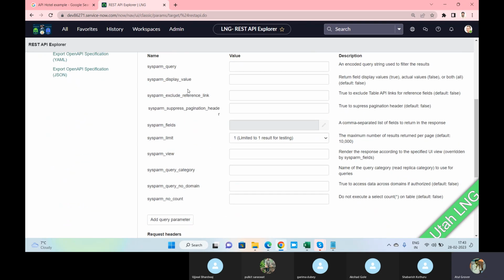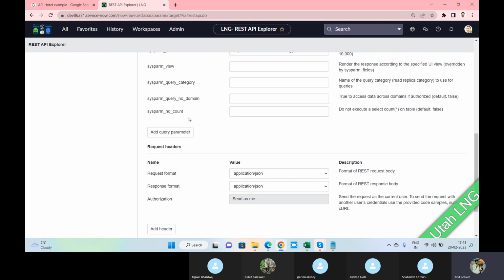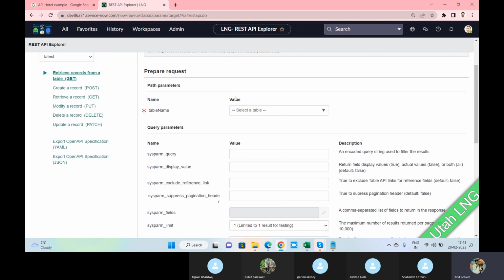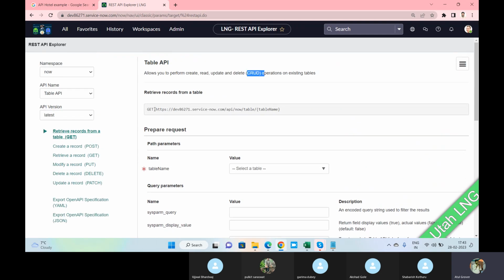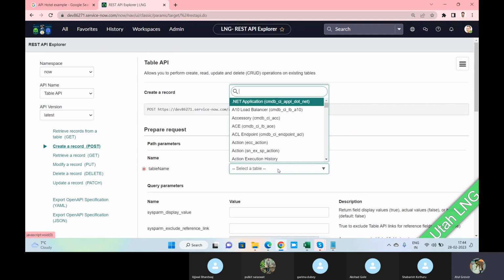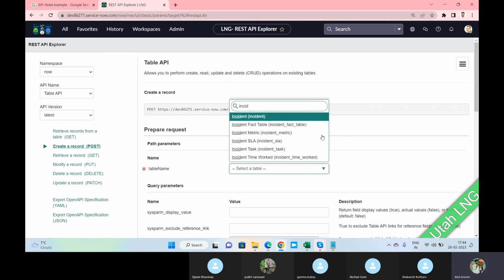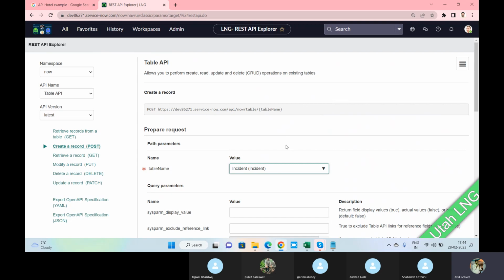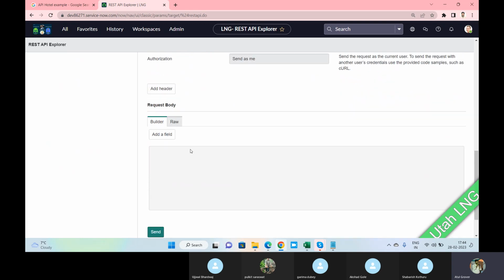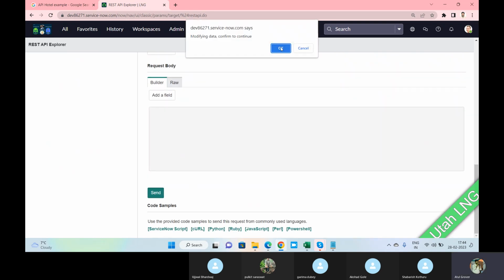And these are a few parameters which we use. I will not go into this because it is just for the overview perspective. What we are going to do is copy this thing. We will do the post method. Let me copy this. And I want to put some table name. Let me say table name as well: incident. Okay, and I just click send request.